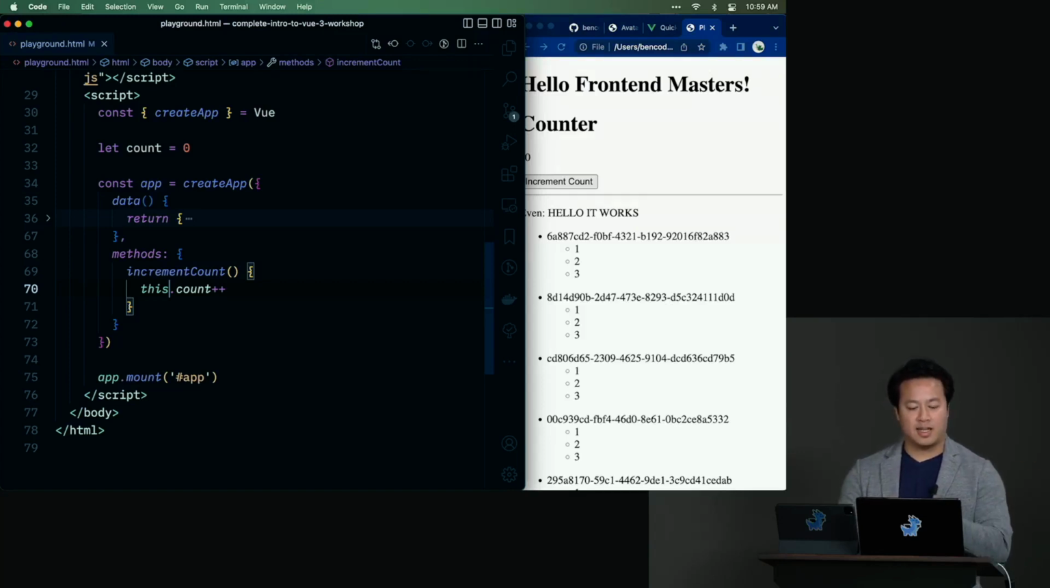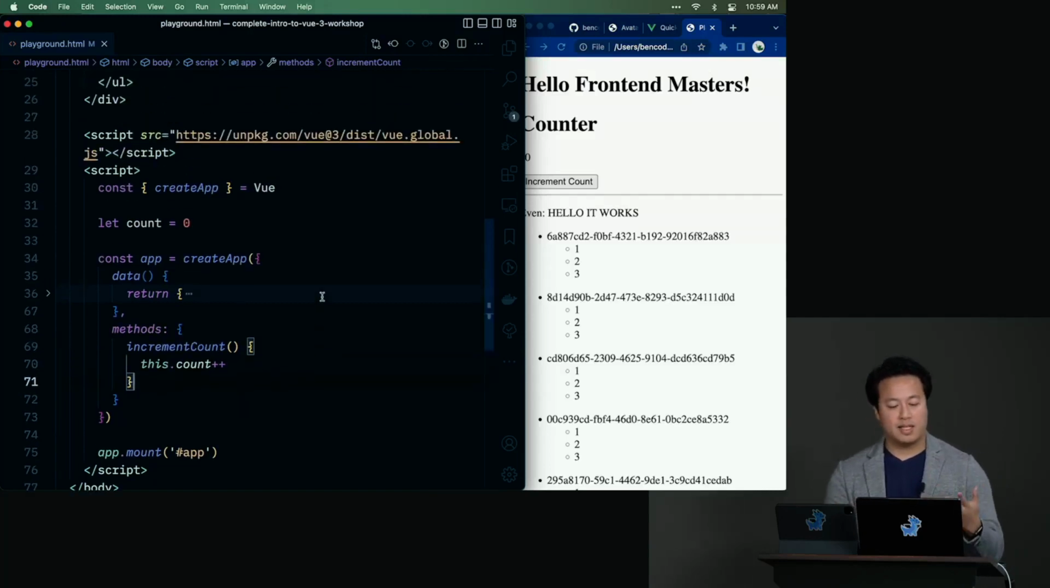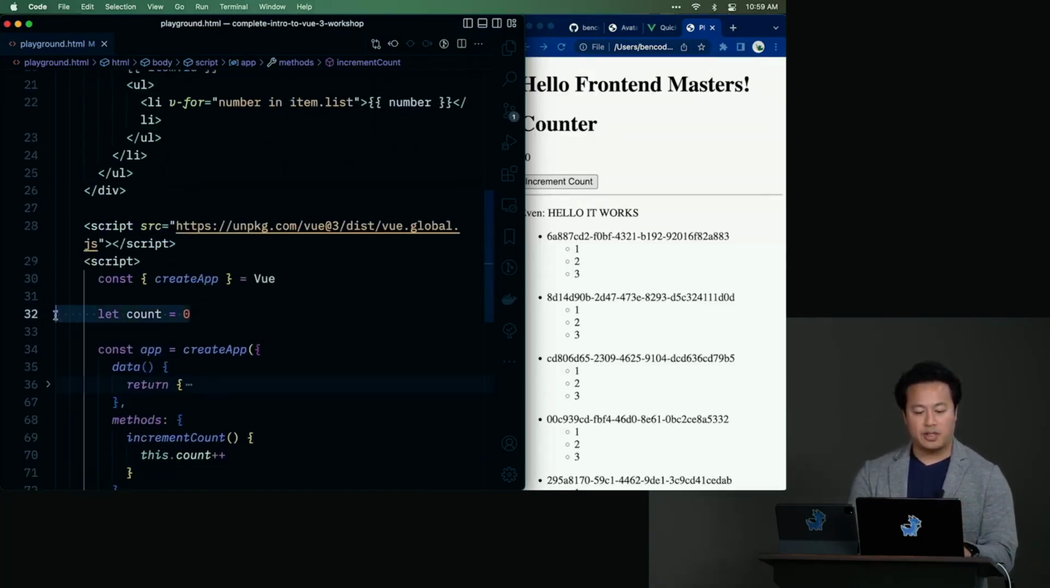But just know that you don't have to use this. In the future, if people are actively avoiding it, we can do that once we learn about the composition API. But while we're in the options API right now, this is how we refer to things within this configuration object. OK, so now that we have this.count plus plus,